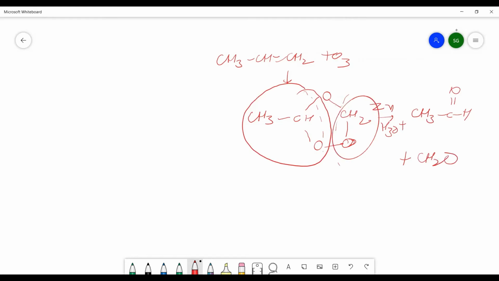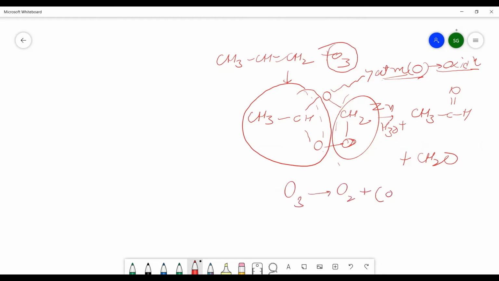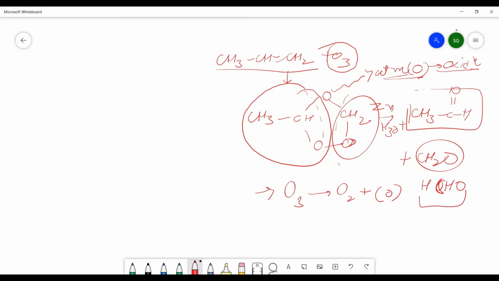You can see from this here, and this oxygen will be eliminated as an atomic oxygen, which is responsible for oxidation. ये जो atomic oxygen निकला है ये oxidation के लिए भी responsible है, and O3 is thermodynamically unstable. So O3 will be converted into O2 and oxygen. That's why we are saying that ozone is a powerful oxidizing agent also. So especially in case of propene, you will see there is a formation of acetaldehyde, that is ethanal, and there is a formation of this compound which can also be written like this, and this is called formaldehyde.